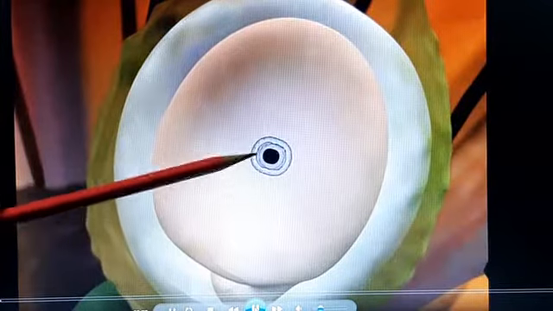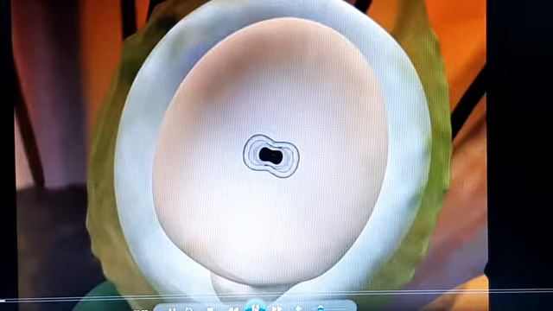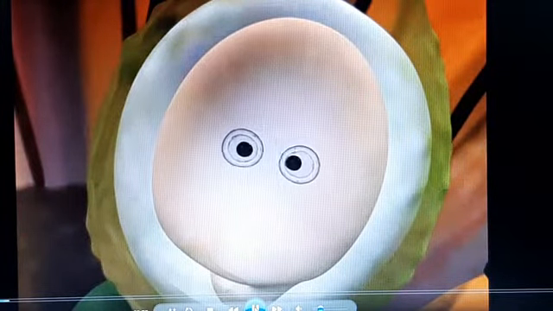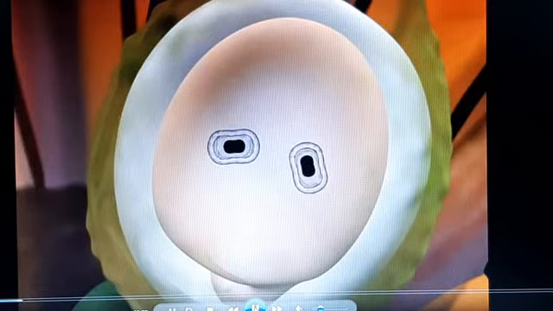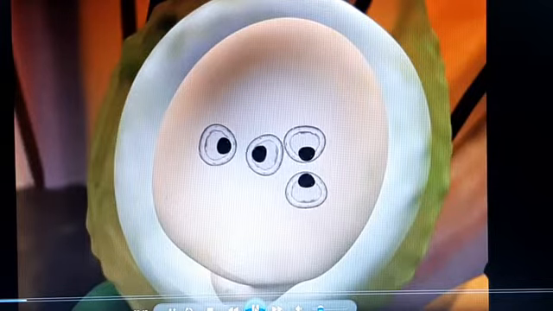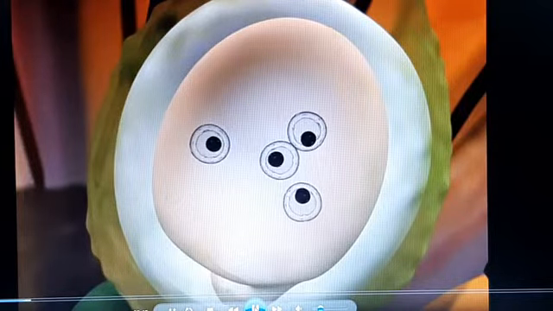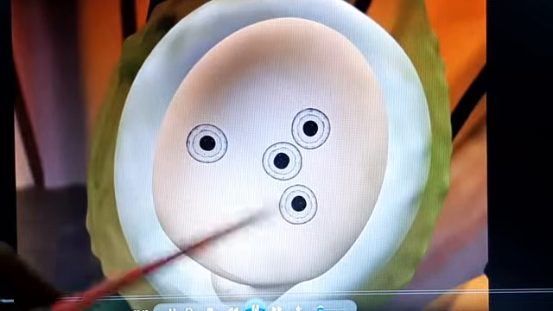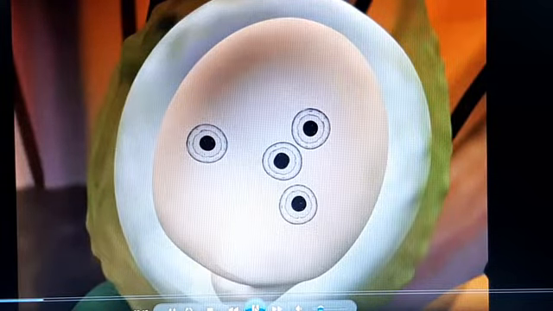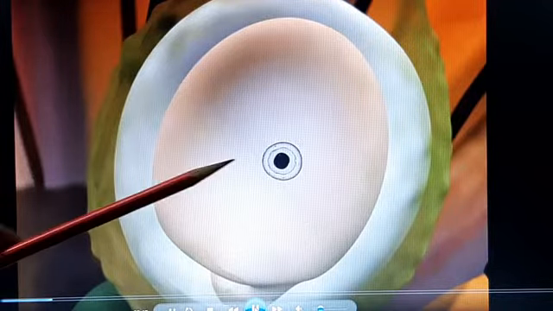You can see the ovule, the nucleus inside undergoes meiotic division, where the number of chromosomes reduces to half, and eventually four daughter cells are formed. Now here, out of the four daughter cells, three die and only one survives. The one that survives